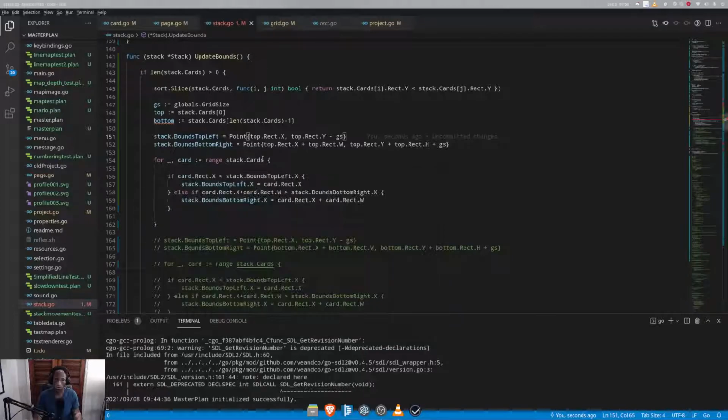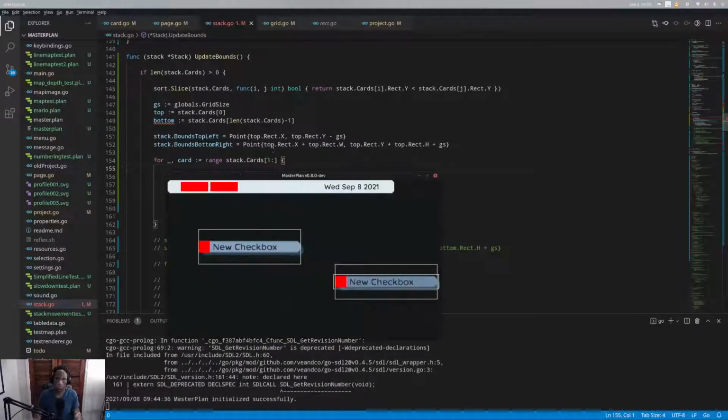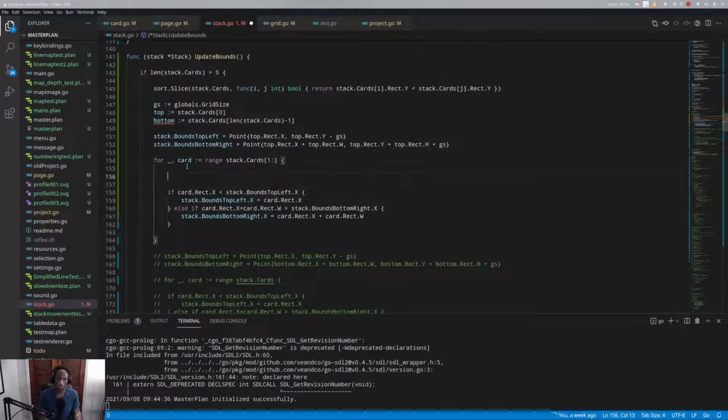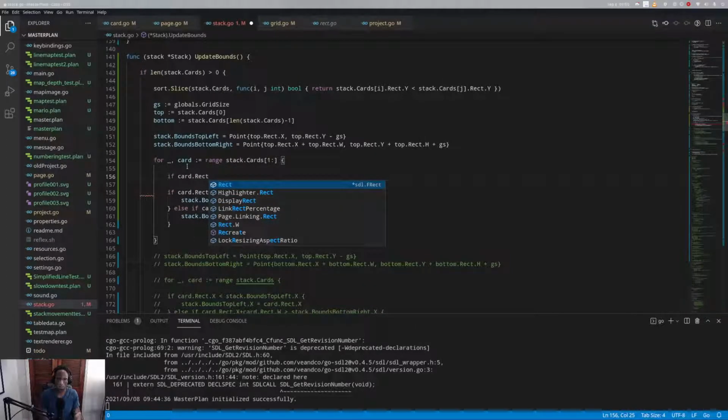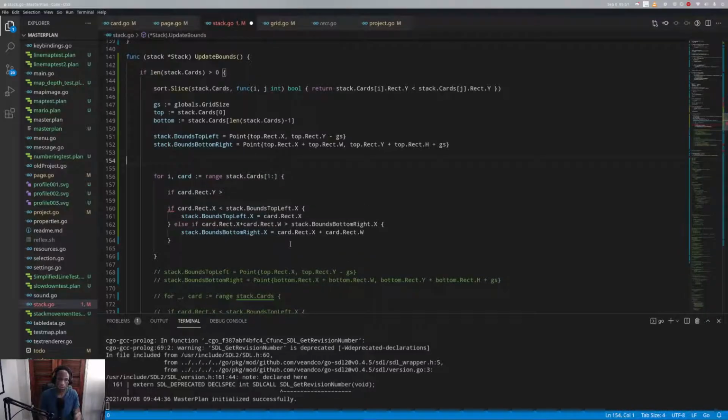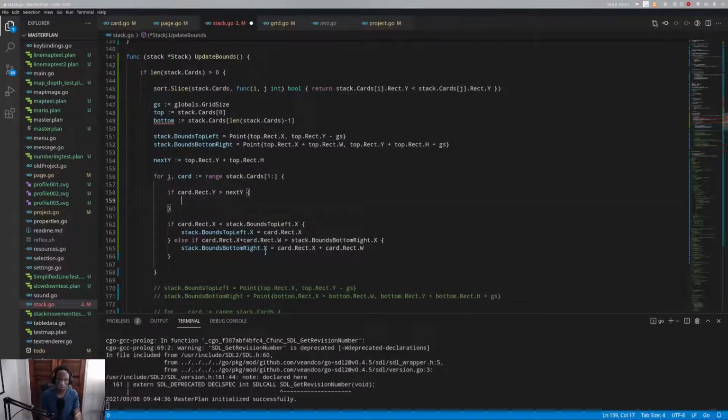For each card from one out, so the next card out, we're going to say, and I guess we'll need the index actually, if the card y is greater than, or I guess we could say next y should be top.rect.y plus top.rect.h. We say if the y is greater than next y,